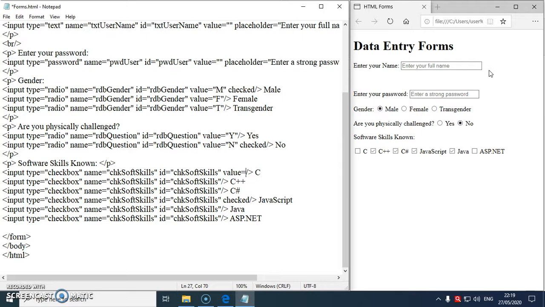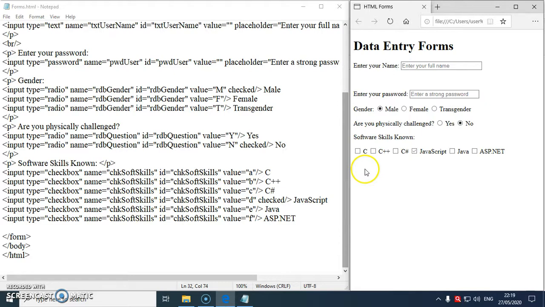How will I give a value? I can give 1, 2, 3, 4. I can give A, B, C, D. I can give C, C++, but I will prefer, okay, I'm giving A. I'll copy this, and again, to save time, I'm doing copy paste, and I'll change the value to B. I'll change the value to C. I'll change the value to D. In this case, change the value to E. You can write Java, but I prefer writing F. Then Control S and refresh.